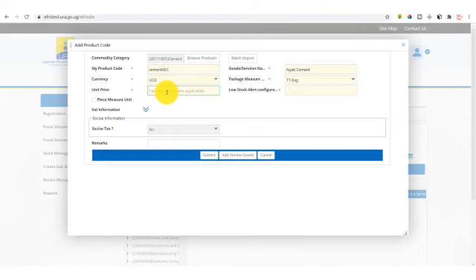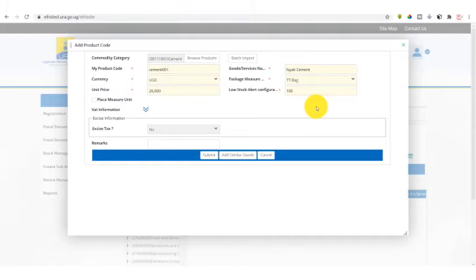So we can say that we shall be selling Nyati cement at 26,000 shillings. And we can also say that the system should notify us when we reach a low stock configuration of, let us say, 100 bags. So this is the description of the cement that's going to be sold by the company.